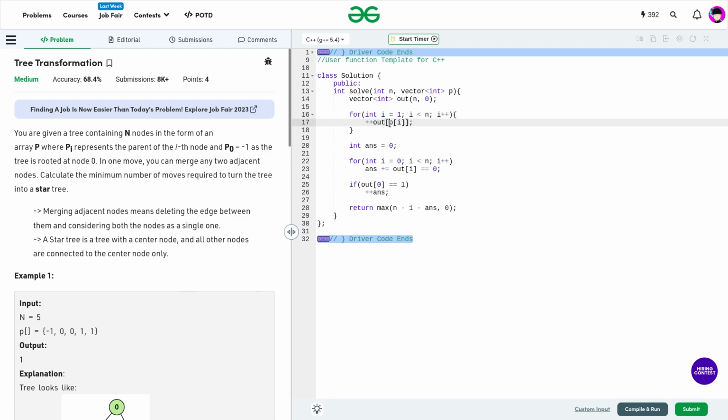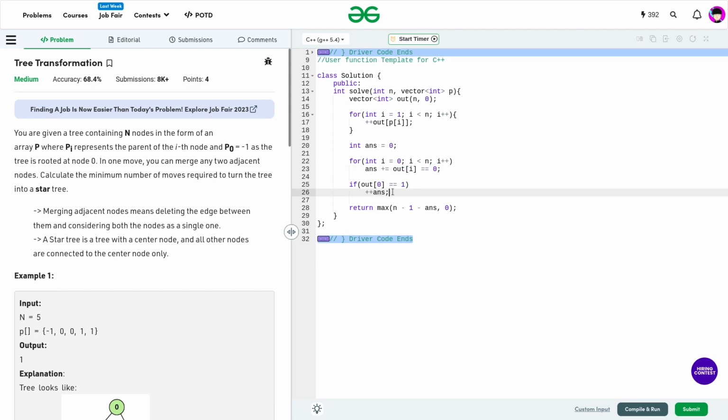And for all the other values, p of i will be its parent, right? So 0 will have its out degree incremented by 1, right? So it is going like this. I'm incrementing the out degree of all the nodes. Now I initialize my answer with 0, and for all values from 0 to less than n, or basically through the whole array, I'm just counting the number of leaf nodes. So if out degree of i is equal to 0, that means it is a leaf node,